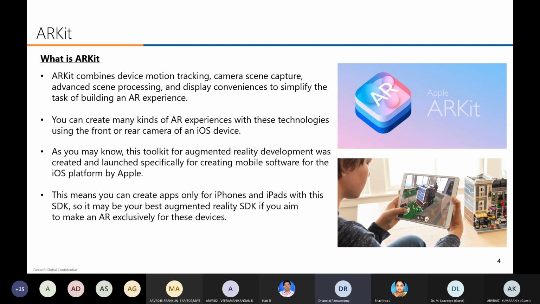You can create many kinds of AR experiences with this technology using the front or rear camera of an iOS device. For using ARKit, you can use any camera, the front camera or rear camera. You can use any camera through your programming. You can switch on your camera and choose which camera you want to support.